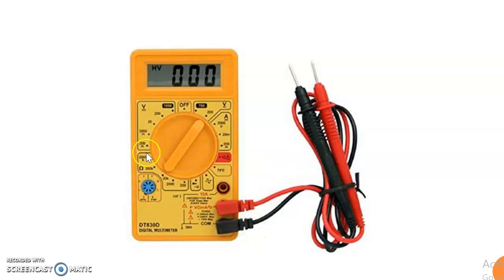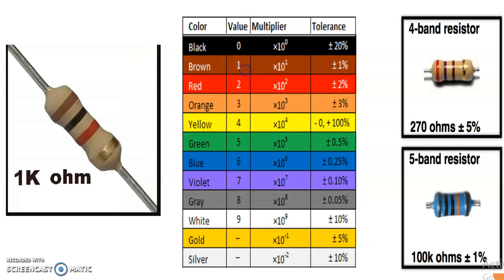This section is the left side of the multimeter. It can be used to measure AC voltages, and on the right side DC voltages. A in the sense ampere. You can put your transistor here and check whether it is working or not. You can check the connectivity, if there is any short, if there is any power loss, you can check it using the multimeter.